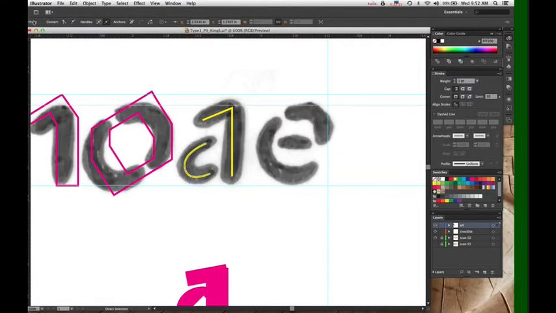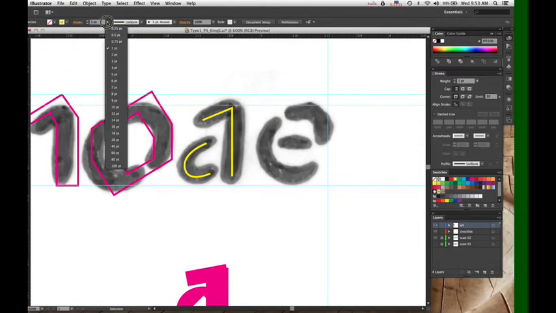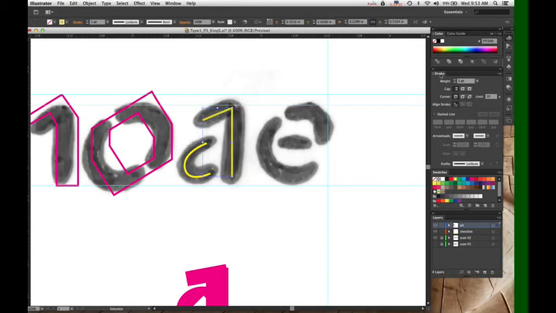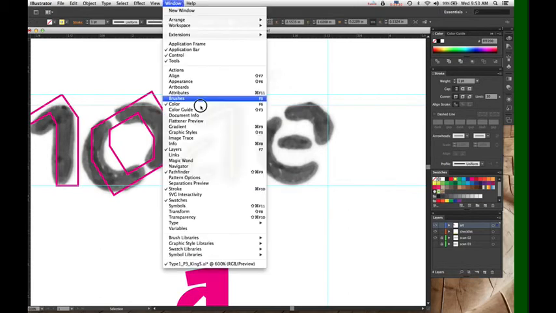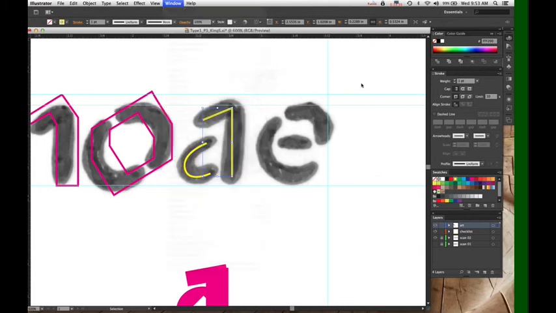You want to use the stroke palette. Now, we worked a little bit with this. Up here you have a stroke color, you have a thickness, how many points you have, but I highly recommend playing with the actual stroke palette. So that would be Windows, Stroke.